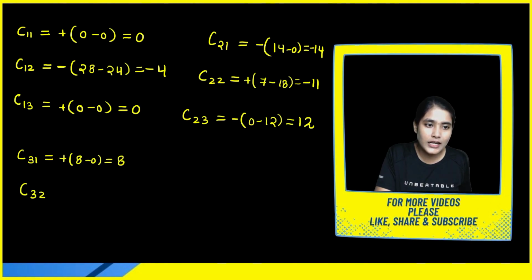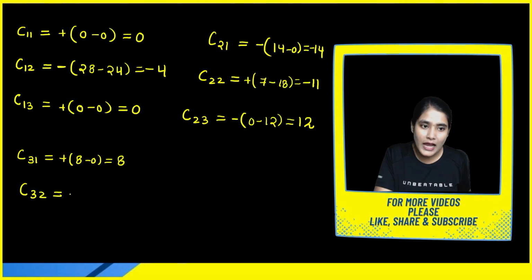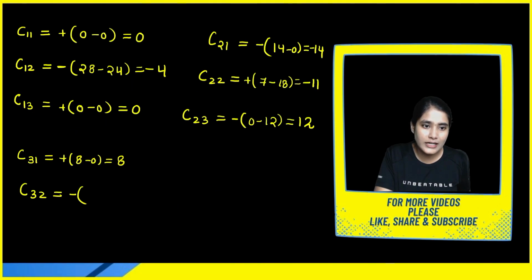Okay, C32. Okay, let's talk about C32 position. Third row, second column. So this is the third row, this is the second column. We are talking about this element. Corresponding row, corresponding column, we have to cancel out. 4 into 1, 4. 4 3s are 12. Okay, and this is the negative position, my dear. So we have to consider minus sign. Then what we are getting? We are getting 4 minus 12. So again it will become plus 8.